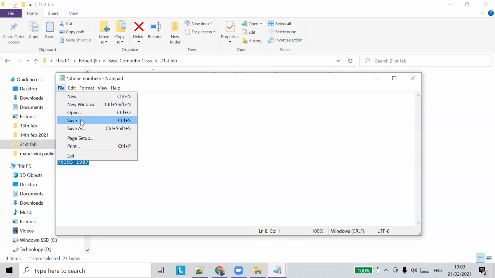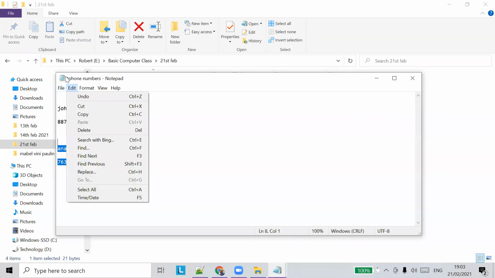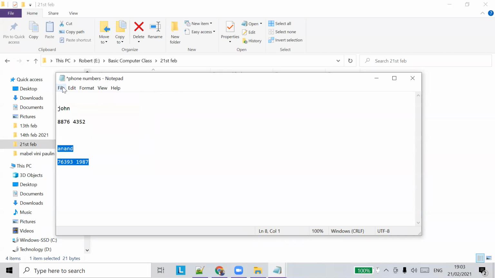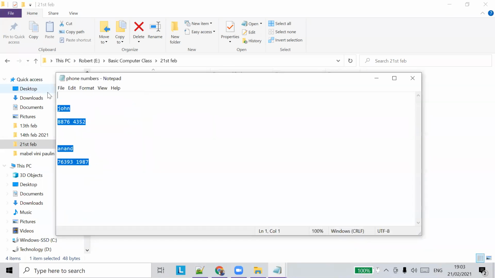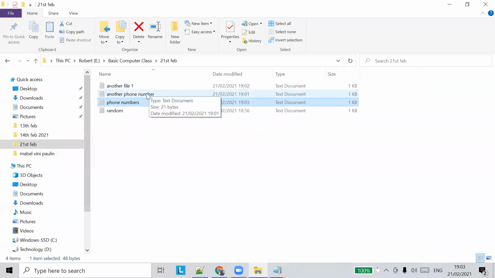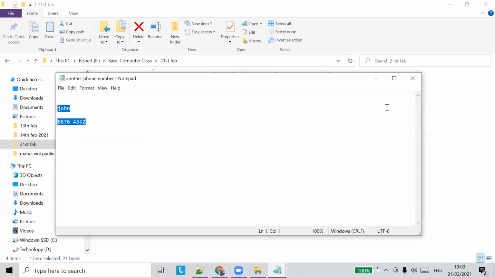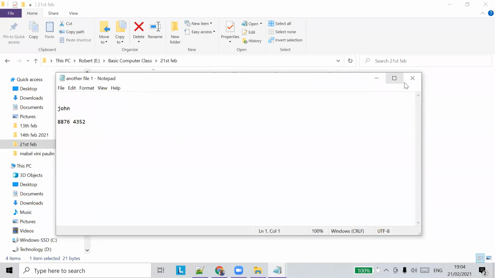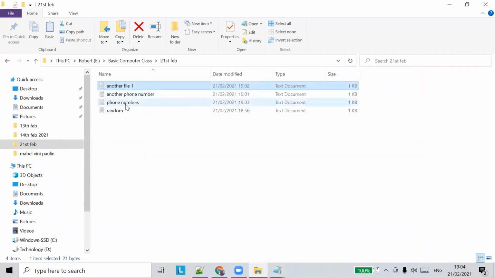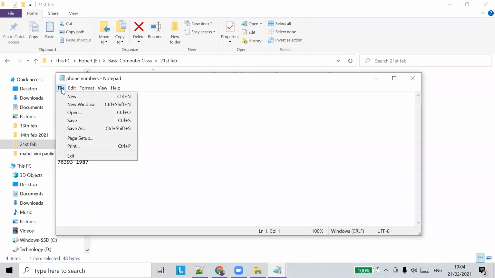File, so click on Save. This star will be gone. Okay, so File, Save. You can see the star gone, and if you open the file name, you can see the data here. But the other file will have the old data because we haven't edited that file. So this is called file editing. Opening the file and changing data is called file editing. Okay. So that's it on Save As.